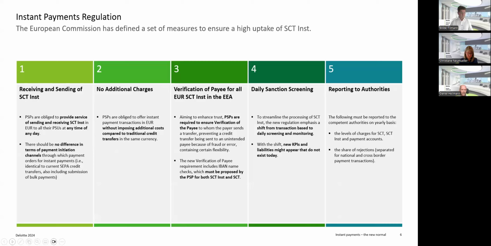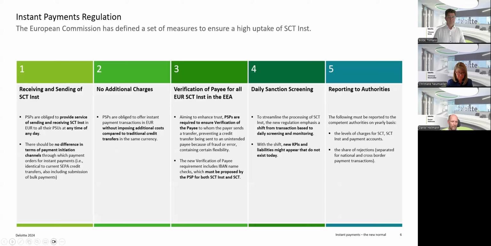And the verification of payee requirement is often also named IBAN name check, and requires payment service providers to provide a functionality to the customer to check that the entered IBAN or unique identifier of the bank account matches the name of the bank account holder connected to that unique identifier or IBAN number. And the verification of payee function shall also be placed before the SEPA instant credit transfer is authorized, and then also shortens, of course, the